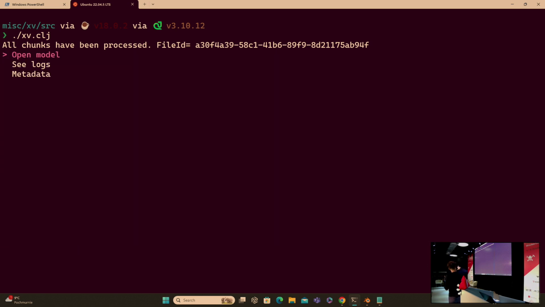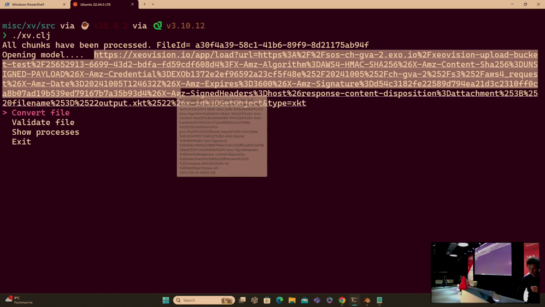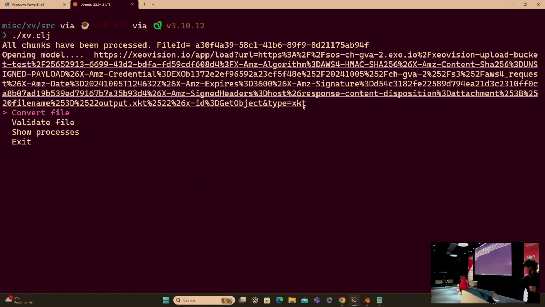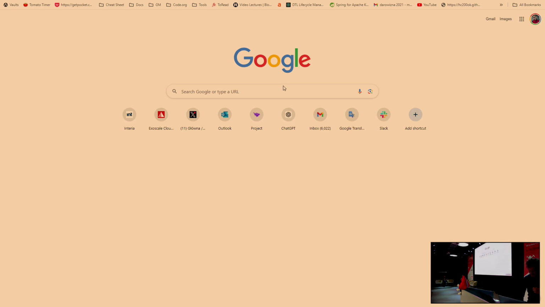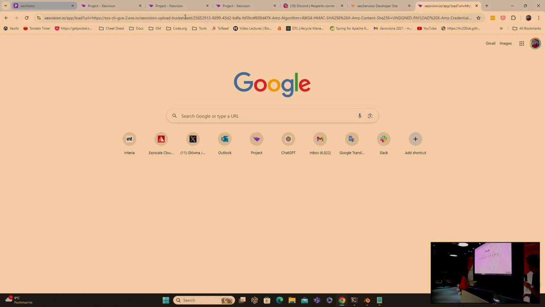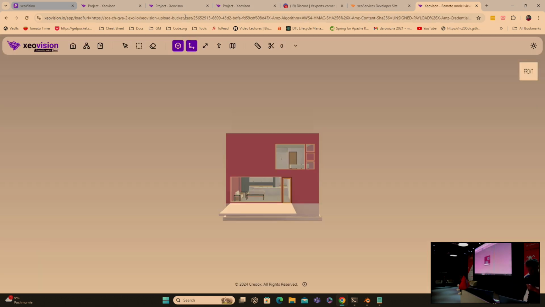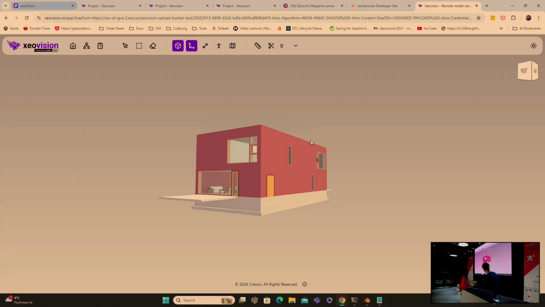chunk. Then you see that this whole processing, so we process from one format to another, and it provides us a link to the model. It actually could open it, but I didn't want to. But if I copy this one and paste here, yes, I should be able to see it. Yes. So this is just to check if this is all working